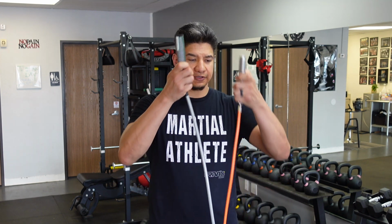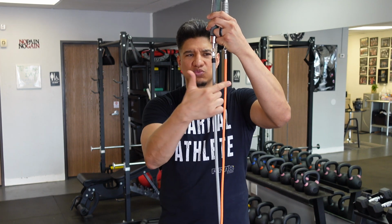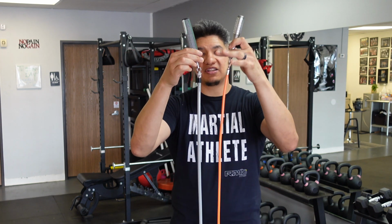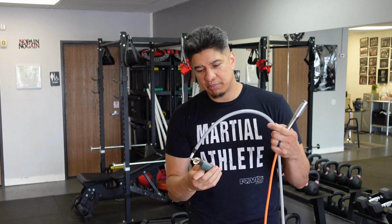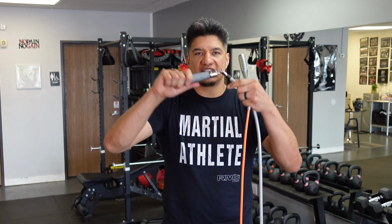If you look at this, it's significantly thicker. So this is 1 pound and this is 1 pound. I don't know how I'd weigh them, but they're both 1 pound. This one's thinner, so this one does move a little easier. I do feel this one a little more because it does seem a bit thicker, but what stands out between the two is that the handle, the